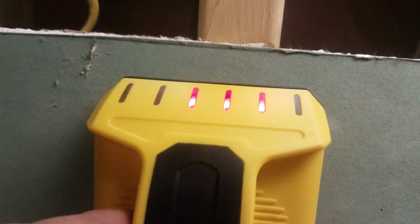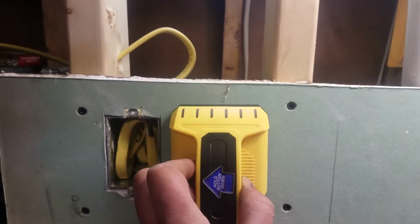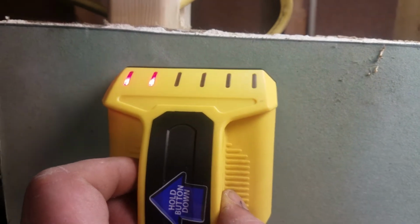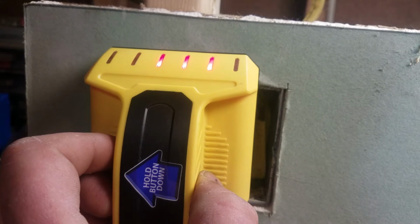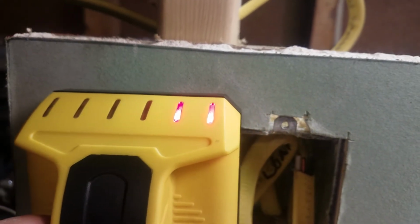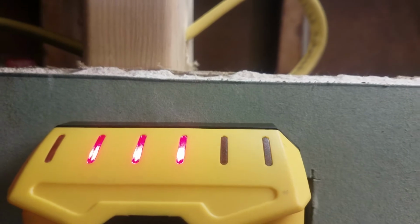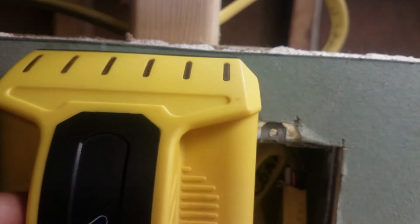Wow. See, that is a great, intuitive, simple, easy-to-use stud finder. Now it's getting a little bit... Alright, it's getting a little bit confused around the electrical box. I wonder if I'd used a plastic electrical box if it would give me a little less hell. It doesn't seem to care about any of the wires behind the wall, because they actually run clean behind the wall, but it is having a little bit of trouble with this stud. That is about as good as it's going to get, and I think it's because that electrical box is throwing it off, and it thinks the stud...